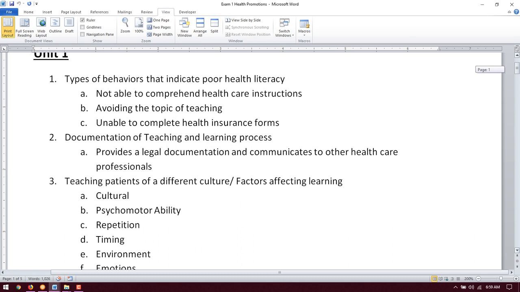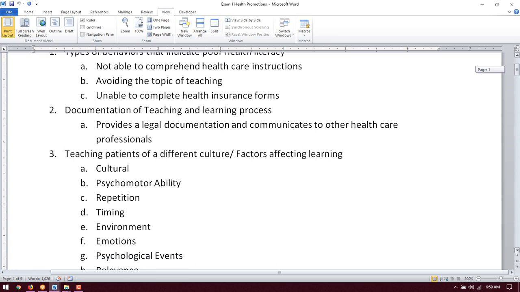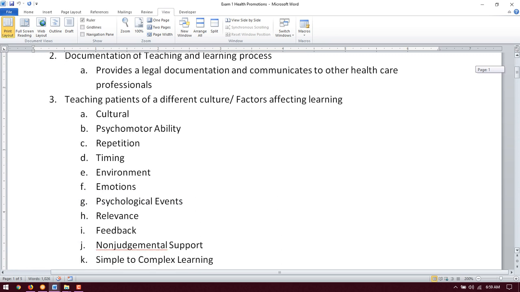They avoid any teaching. Oh, I'll have my daughter talk to me about that later. And they can't complete the health forms. They don't understand the directions on medications. So make sure you are